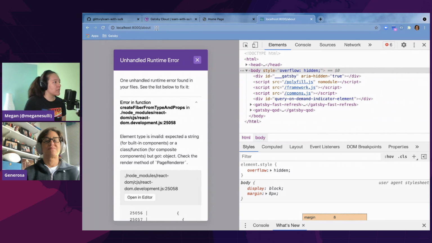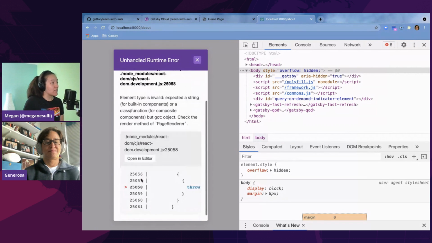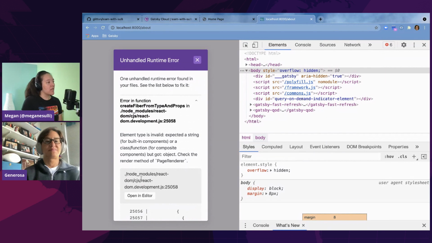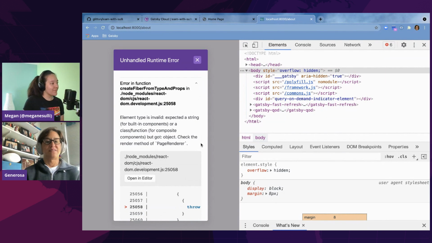Okay, great. Because we don't have it as the default export, we're going to see this lovely error. So basically I just put my route, the about, on the URL. But in real life, you would probably have a link in the page and you wouldn't do this. But for now, that's how I got to the page. But I got the error.